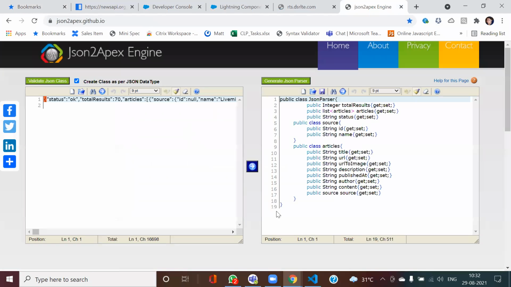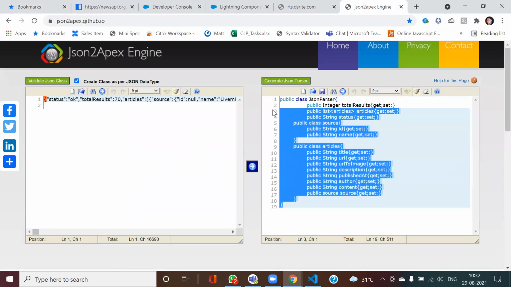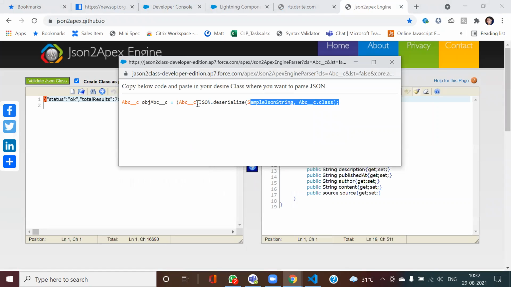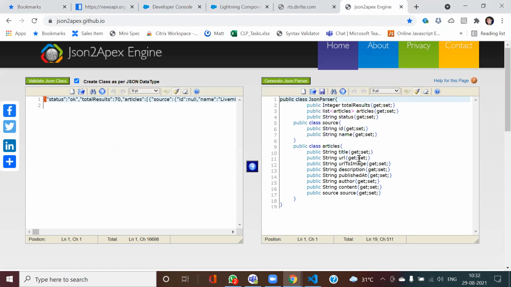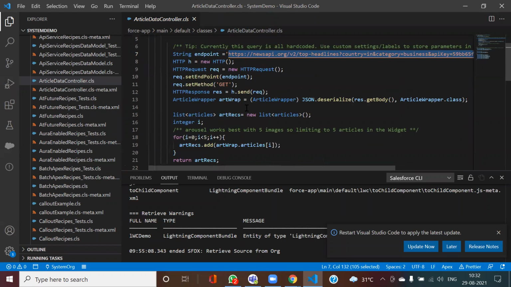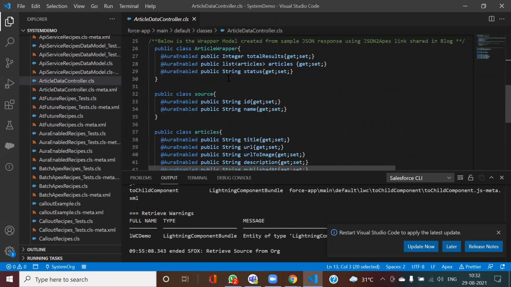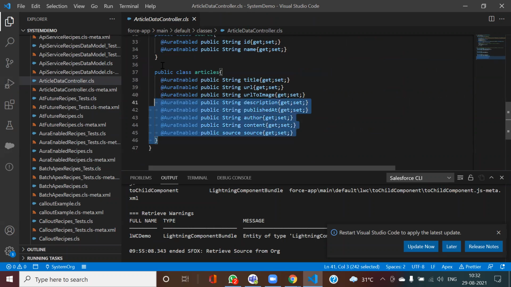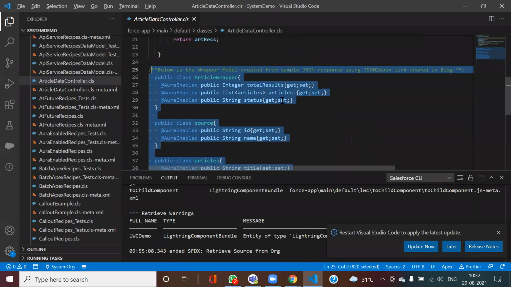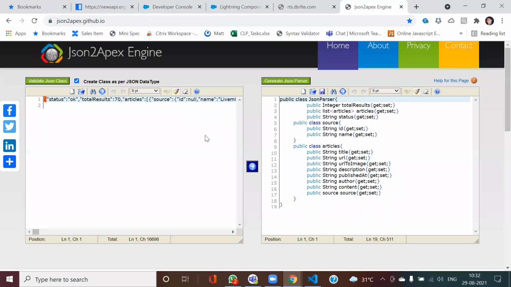So in case I do it, this is my Apex class getting created. That's it, nothing more than that. Now if I go here, this is the class that I have created, this article wrapper, and it is the same as this.